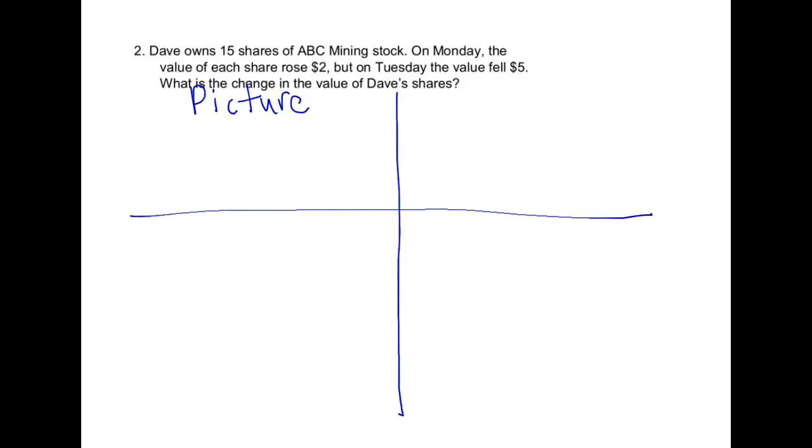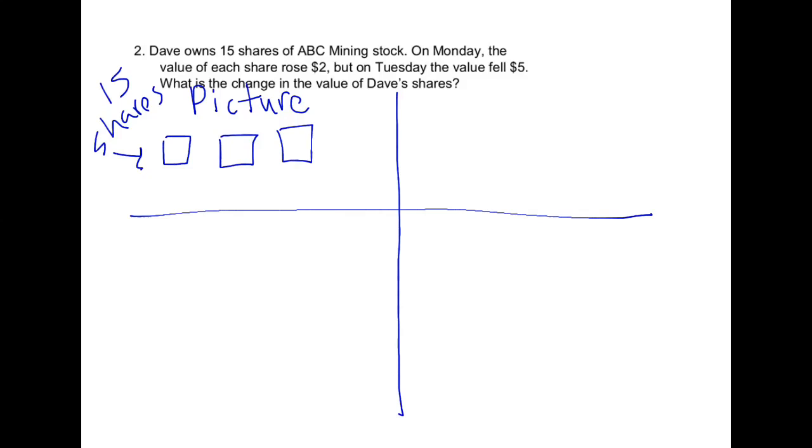So he owns 15 shares. Put these little squares. These represent shares. Shares of a stock are basically parts of the company. You kind of own part of the company. So if the company does well, you do well. If the company does bad, then you lose money. So shares are something people buy to buy ownership of a company, so that when the company does well, they can earn more money. So this person has 15 shares,